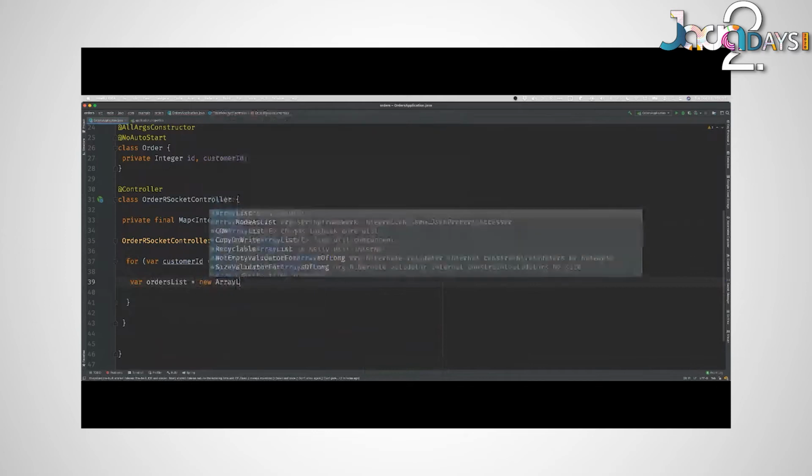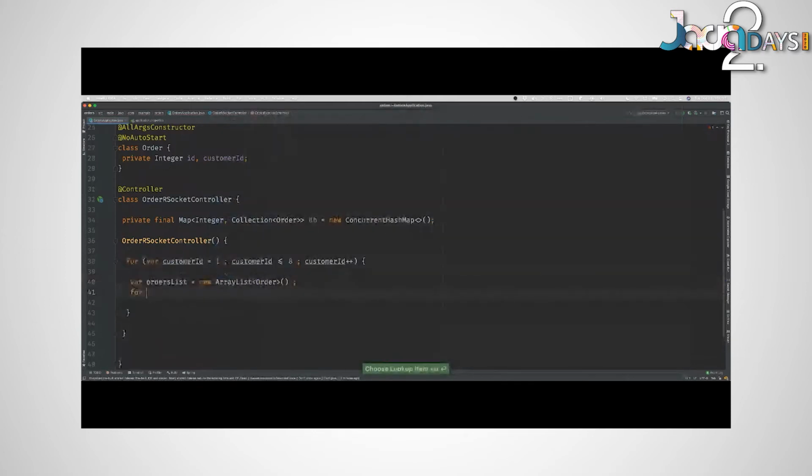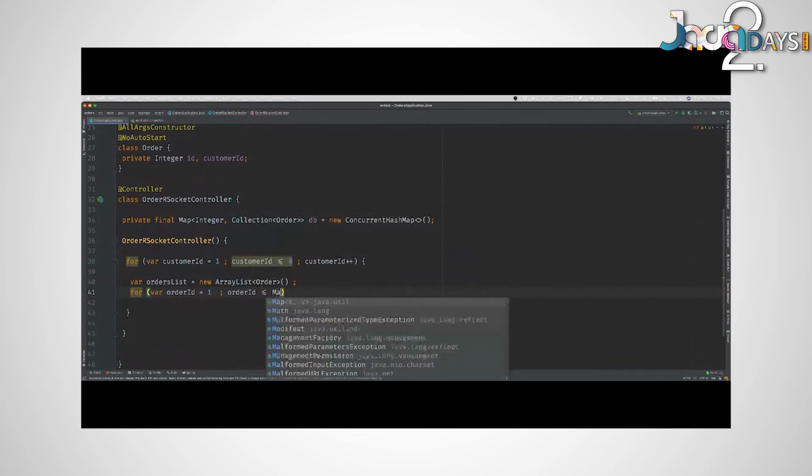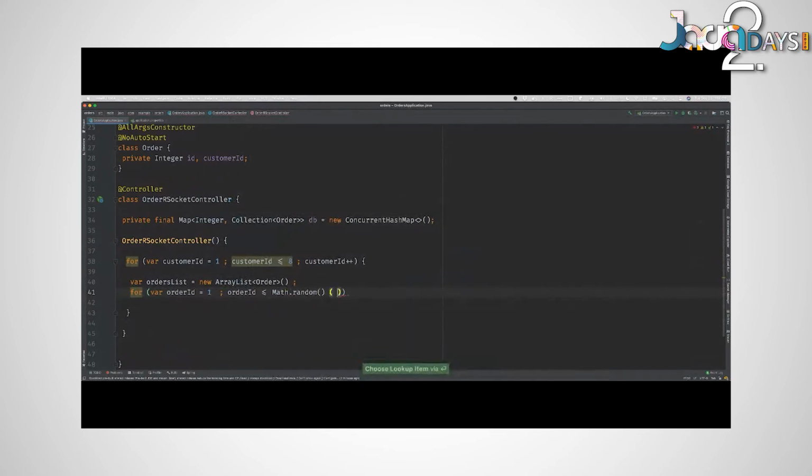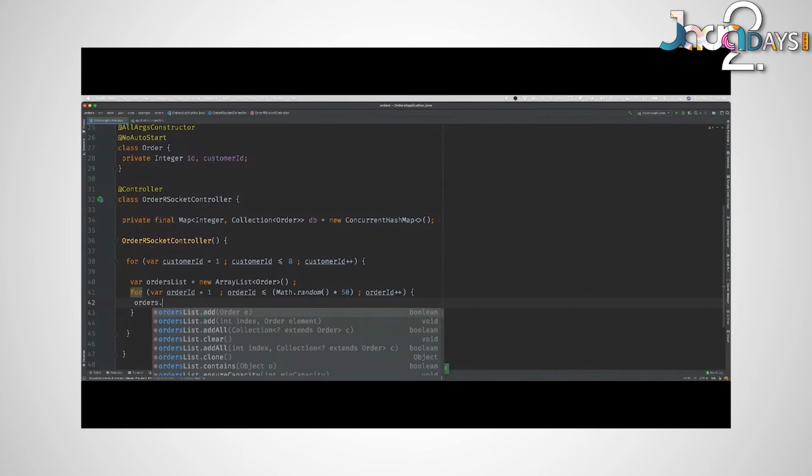And for var order ID equals 1, order ID is less than or equal to math.random times, let's say 100, okay, or 50. There we go. So we're going to just create a certain amount of data. Okay, I'm going to say orders list, add new order.